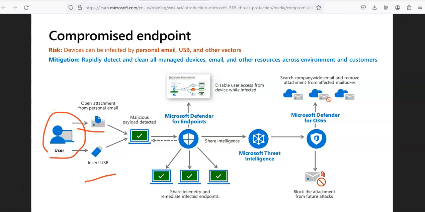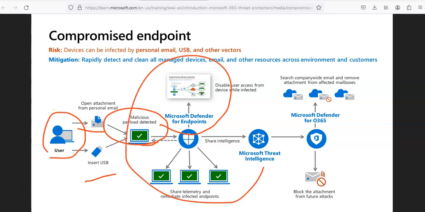Once the attachment opens up, the malware infects the computer. The user is unaware that an attack has taken place, but Microsoft Defender for Endpoint, which is protecting the environment, detects this attack. It would raise an alert